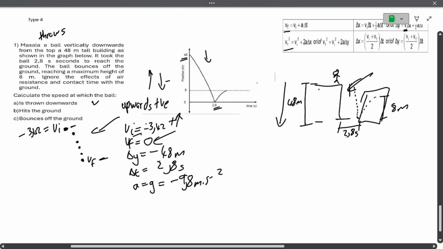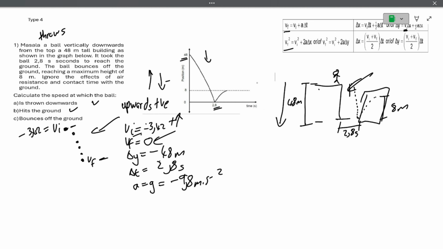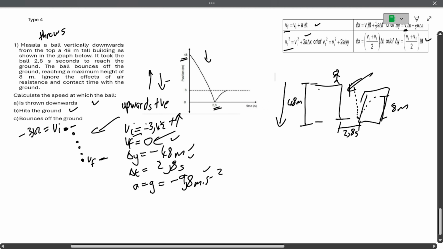Okay, and then what does it say? The speed at which the ball hits the ground. So this is going to be simple, because the speed that the ball is going to hit the ground with, we are looking for the final velocity. We have a bunch of variables that we can use to get the answer, because we can use this formula, and we can also use this formula to find v final. We just use a formula that we want, but let's just use this one,